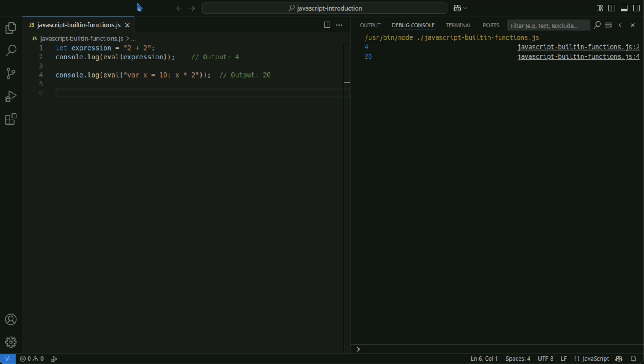eval is a function that evaluates and executes JavaScript code given as a string. You can execute JavaScript code dynamically. eval is very powerful, but it poses a security risk, so it should be avoided in actual development. Executing externally provided code with eval can lead to unintended behavior and security vulnerabilities.